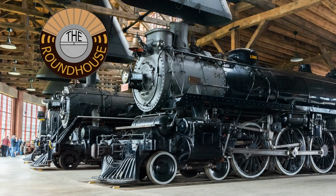Right. And Nick, I think one of the Age of Steam Roundhouse's responsibilities, and maybe anybody who does steam preservation, is to educate the modern world about the quality and the viability and the safety of steam locomotion in general. I think you're seeing fewer and fewer opportunities, as you know well, for steam locomotives to be out on the main lines. There's a fear, I think, of the industry of steam locomotives, and the liabilities that go with them, and the Union Pacific accident we saw earlier this year is a good